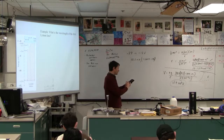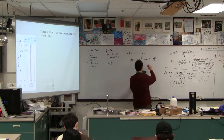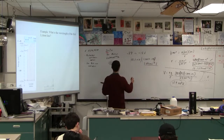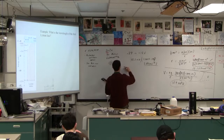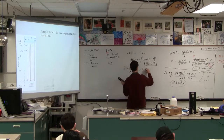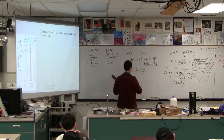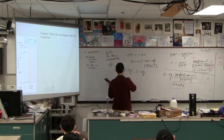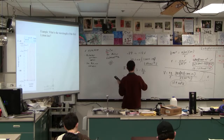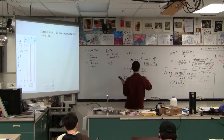Okay, so 10.2 times 1.602e-19 is 1.634 times 10 to the minus 18 joules of energy, right? And now the wavelength is going to be, well, E is hc over lambda. So lambda is hc over E. So that's going to be 6.626e-34 joule seconds. C is 3e8 meters per